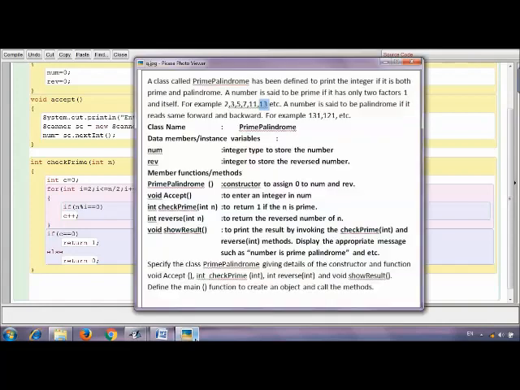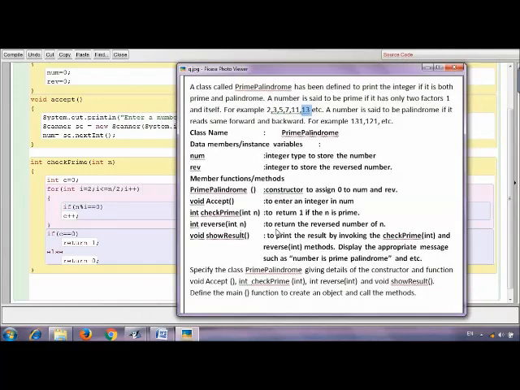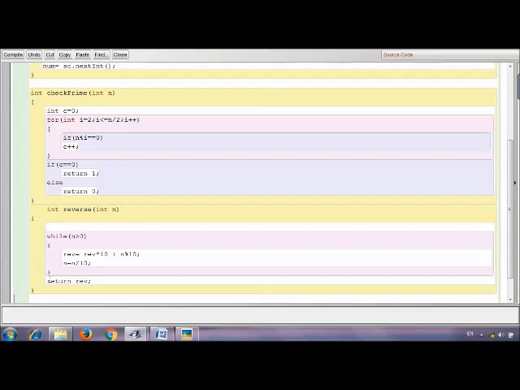Okay, now we have the next function. So our next function is reverse. Here you can see that we created the reverse function.